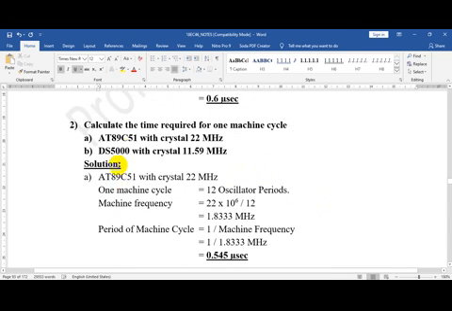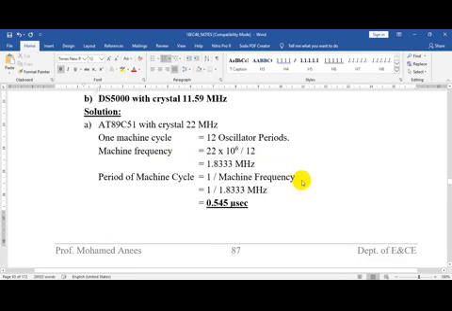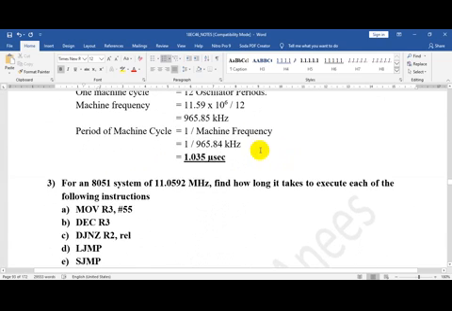This is the same problem, so you need not worry about these namings. These are the names given by the manufacturers for the 8051 chips. This one is by some company called Atmel, who introduced their own alphabets; 'AT' stands for Atmel. Another is by some other semiconductor company, who gave it their own name. So you need not worry about all these things. You just see the frequency given and calculate. It is similar to the previous problem.